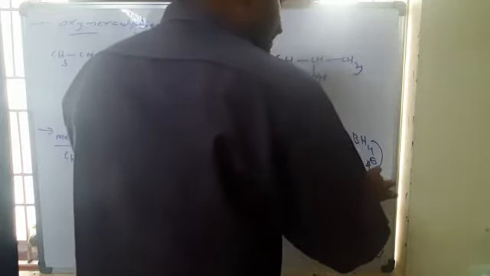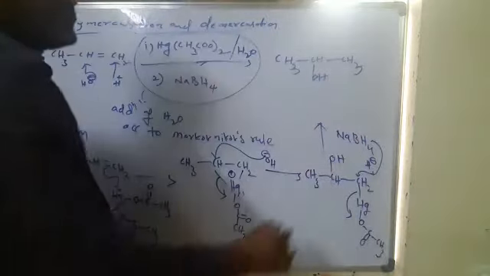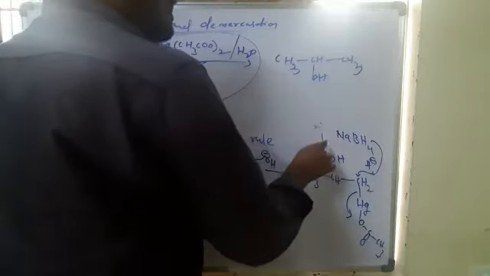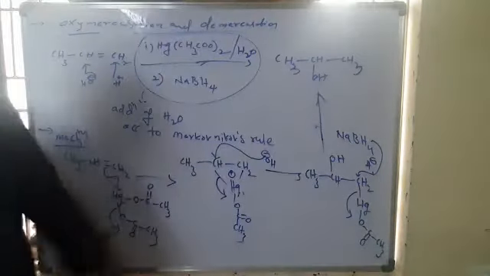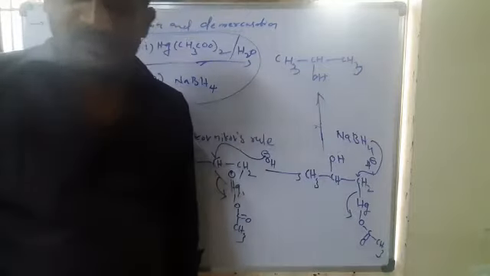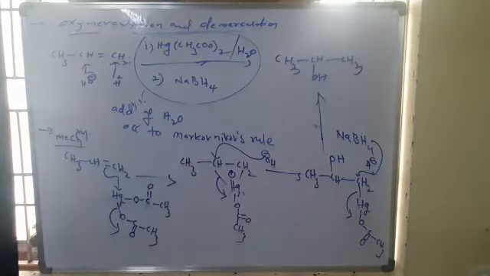In the final step, use sodium borohydride, which is the reducing agent. It can provide H minus. That H minus will be attacked here. Now it will be eliminated. Okay? So from this, H minus will be attacked. It will be eliminated. We get the final product. We will get this. Okay? So this part is again removed. So H will be attacked now here. So this is the mechanism for oxymercuration and demercuration.